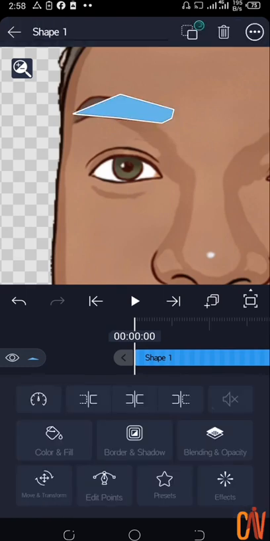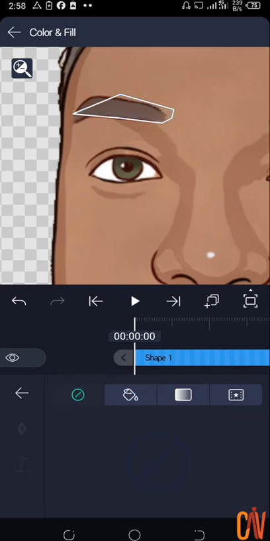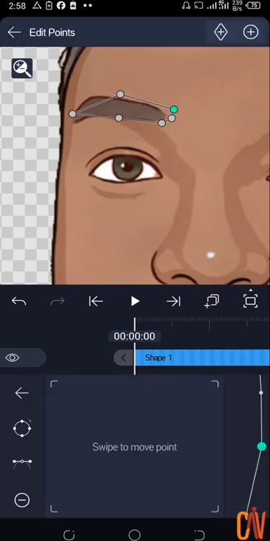Okay, sorry, not edit points. We want to remove the color inside first. Color and fill. Then the next thing, we cancel the color and fill. Go back and edit points. Now,